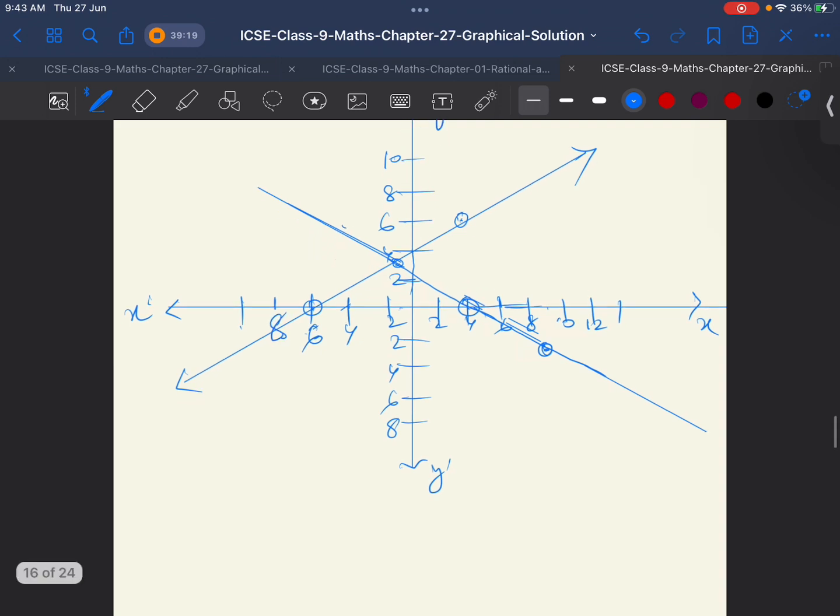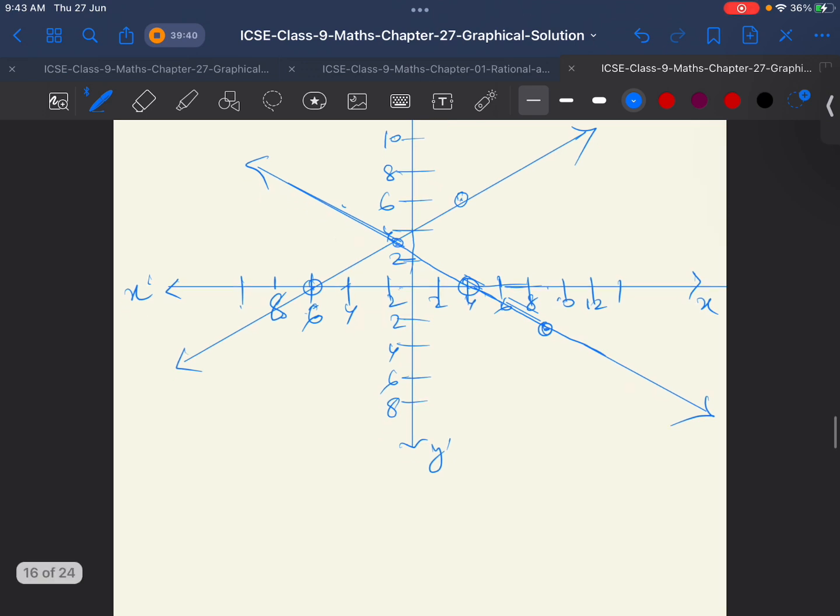So the point of intersection is this, (-1, 3). Plotting these points,